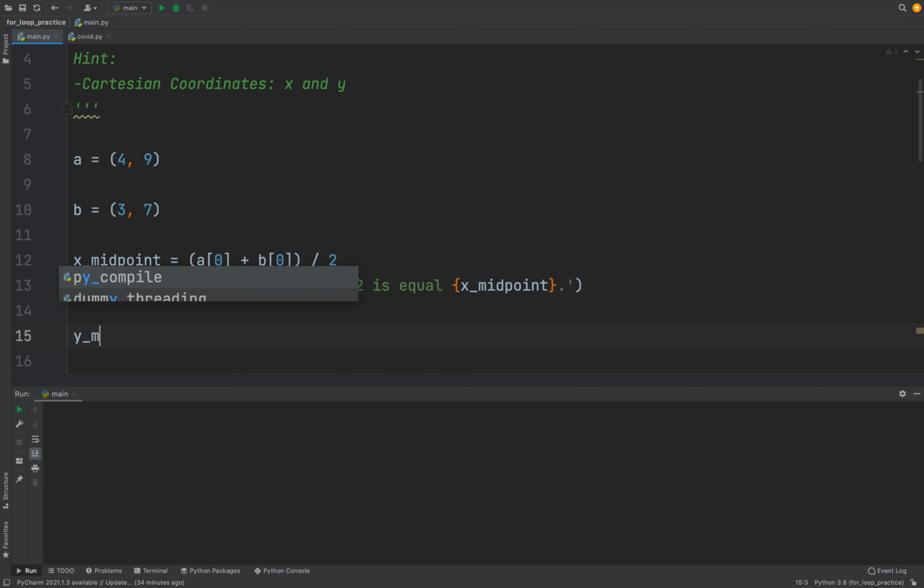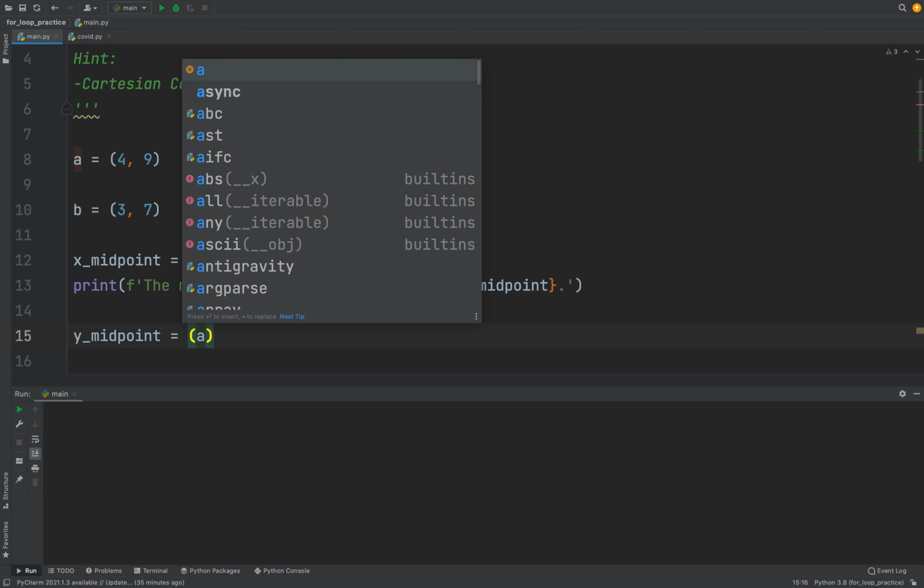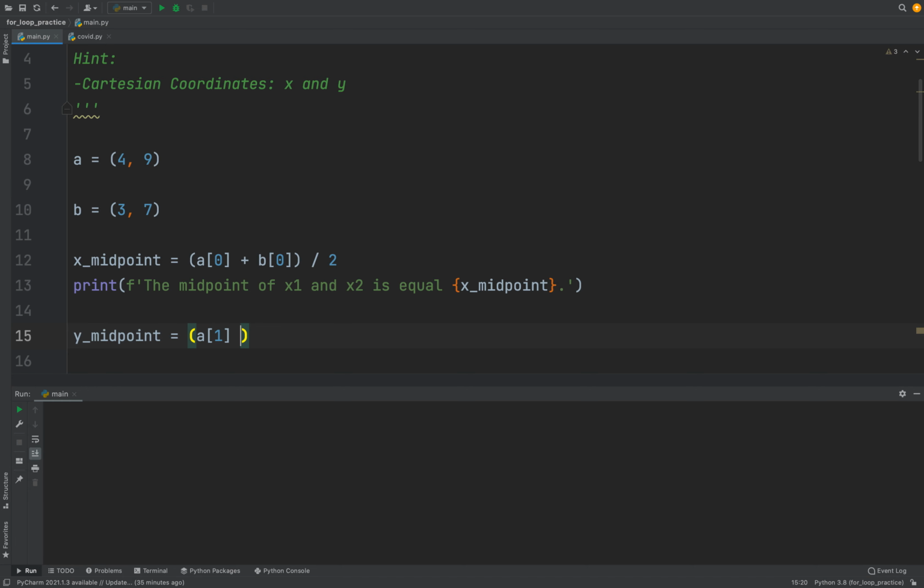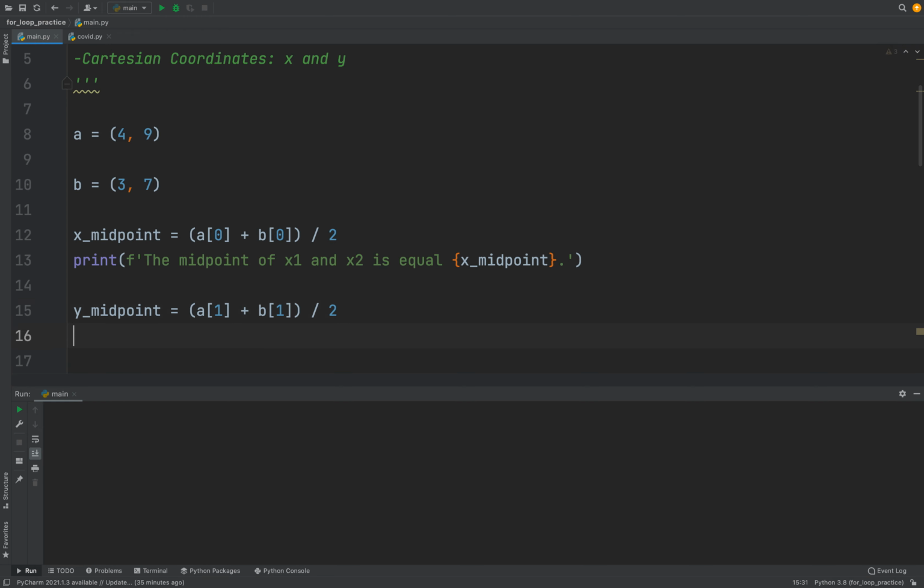I say y midpoint equals to, so again we have now y1 here. We're gonna get the average of y's, right? So we need y1 and y2. y1 is 9. The way that we can get a hold of it is we say position 1 in point A. So A position 1 plus B position 1 and then divided by 2,